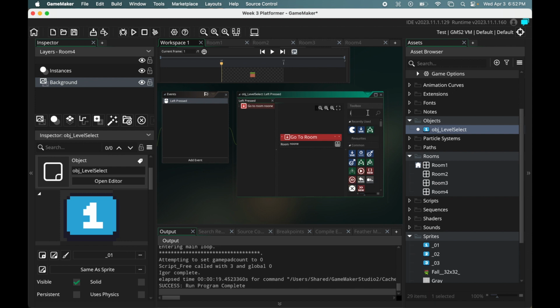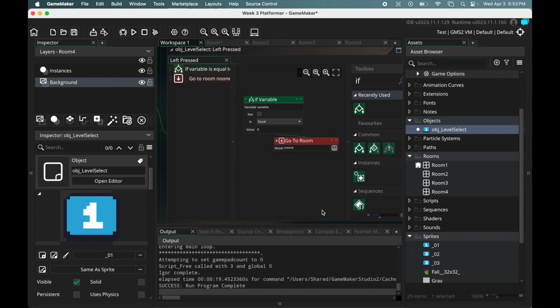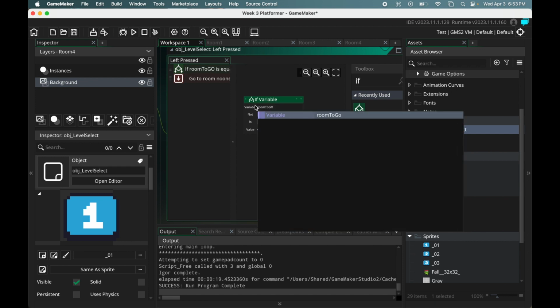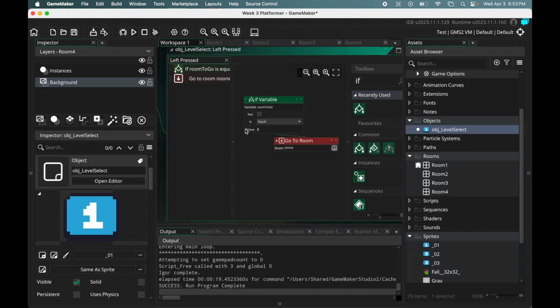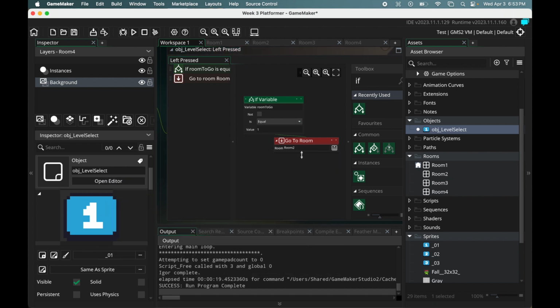If statement first. So go to room, because we want to go to a specific room. Go to next is what I was telling you about previously. You can use the room hierarchies to set up what the next and what the previous room should be for each room. But right now we want to see, so if room to go is equal to 1, go to room 2,